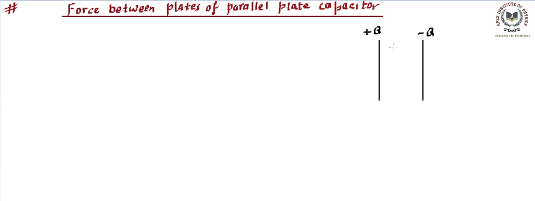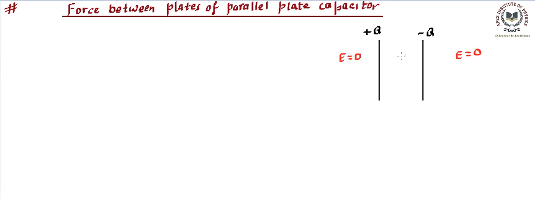Now if we try to find the field at this junction or outside this negative plate, you'll find the field at this point comes out to be 0. Most of this we have talked about earlier as well. The field in this zone is also going to be 0. You can watch the previous videos to see where we have talked about this.